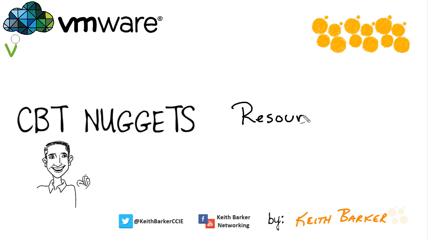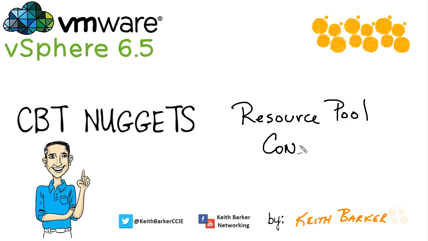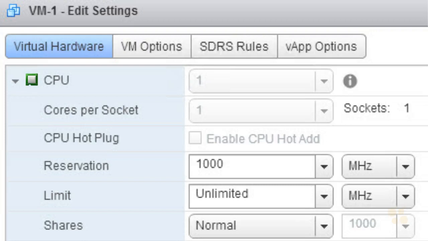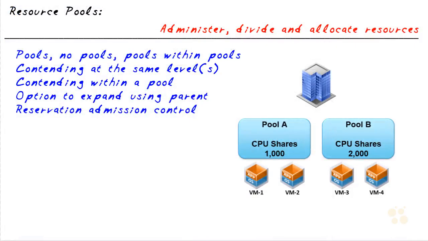In this nugget, you and I get to discuss the concepts about resource pools and how they can affect performance in a vSphere environment. In our previous video, we identified how we can, at a virtual machine level, configure the reservations, limits, and shares associated for memory and CPU with each individual virtual machine. In addition to those configurations, we can also configure CPU and memory reservations, limits, and shares on a logical entity